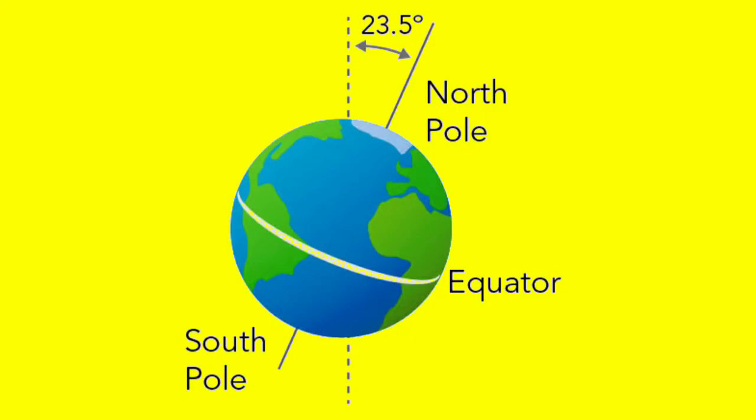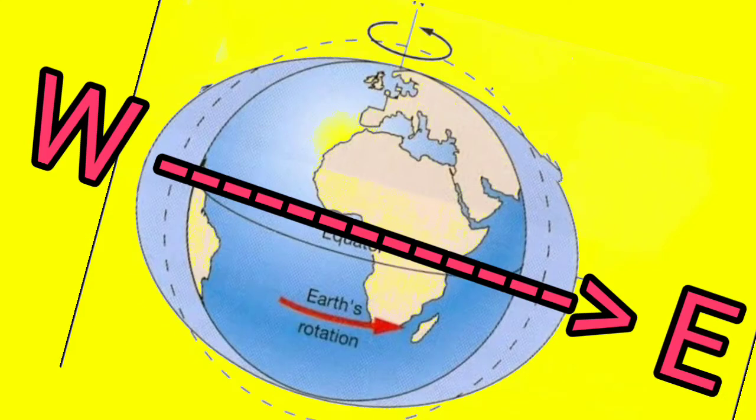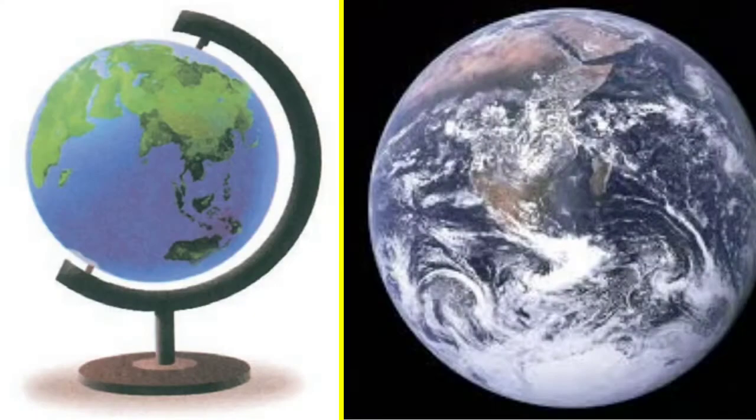The two points on the globe through which the needle passes are the two poles, south pole and north pole. The globe can be moved around this needle from west to east, as our Earth rotates from west to east. It moves only anti-clockwise. It is very important, children, so learn it. But there is a vast difference between the globe and the Earth, because on Earth there is no such needle. It moves around its axis. It has only an imaginary line.